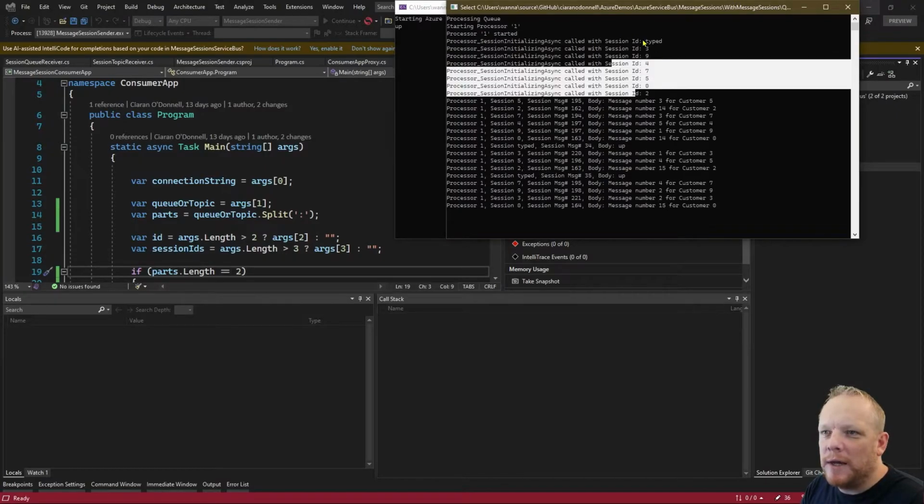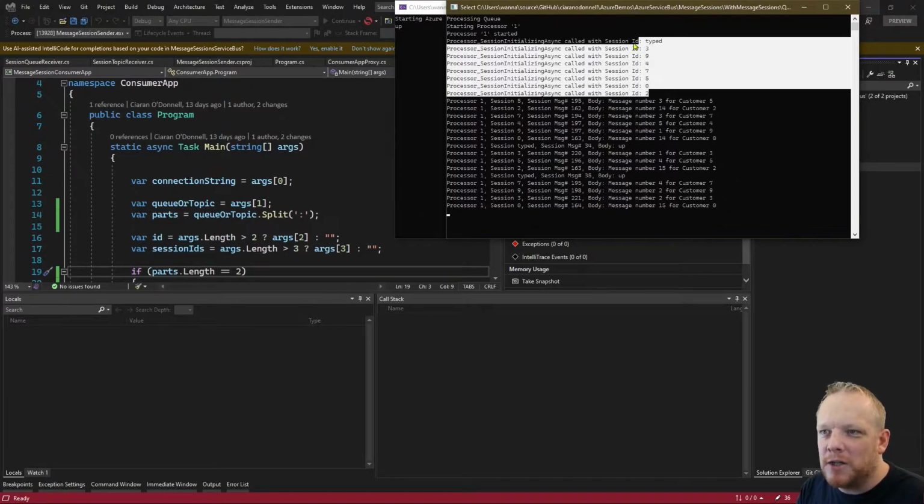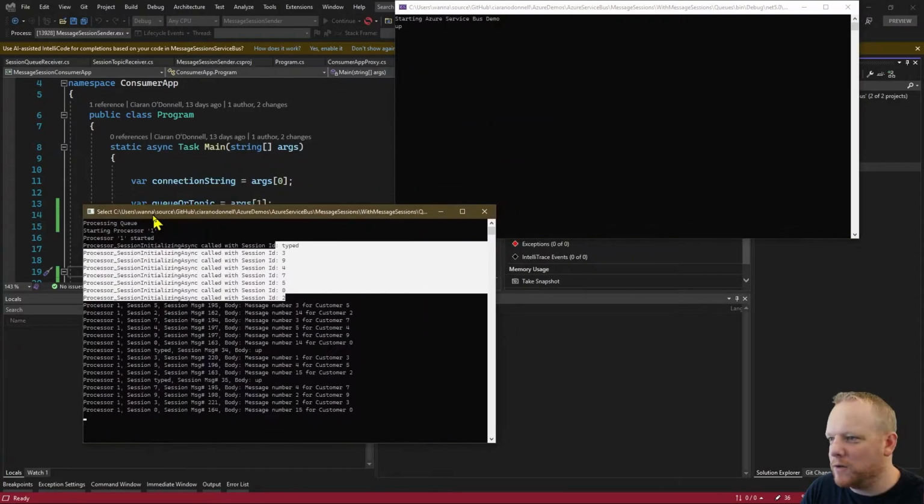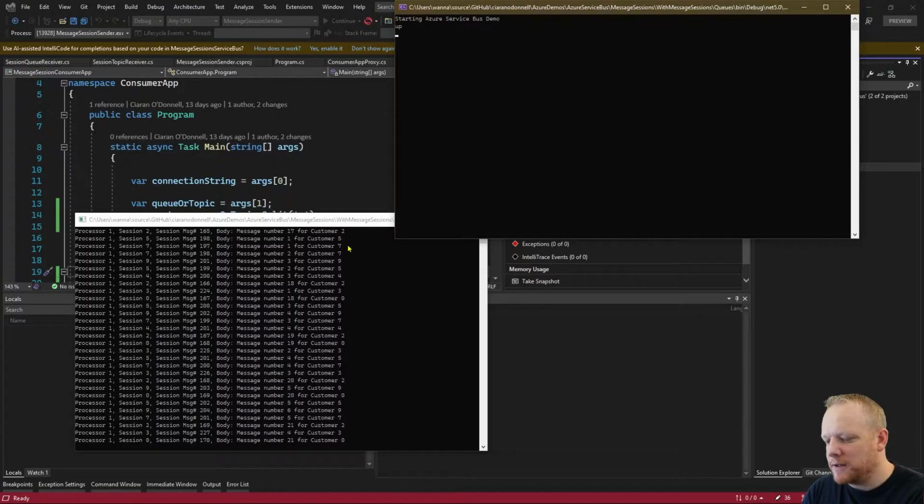And then what we've got here is that we've got 8 sessions been picked up. So we're not specifying how many for it to pick up. We just started the session processor, and then by default, they can pick up 8 sessions. And so what we're seeing now is we're able to process 8 sessions on this one. And so if I start now another one,